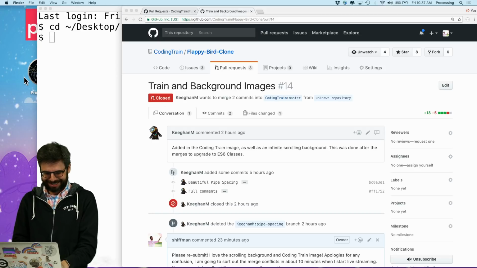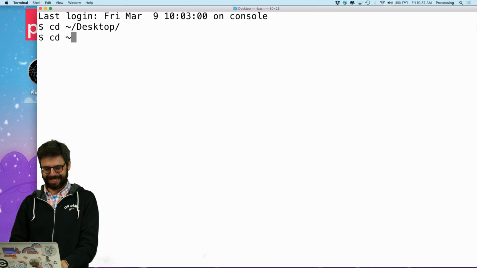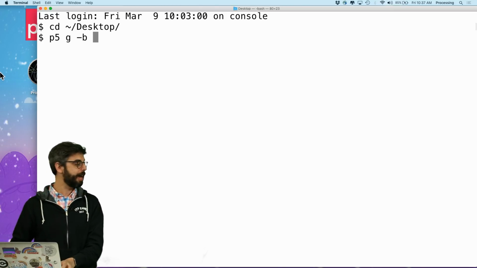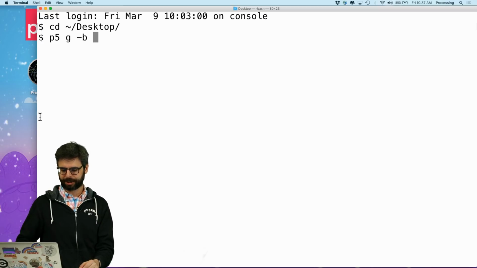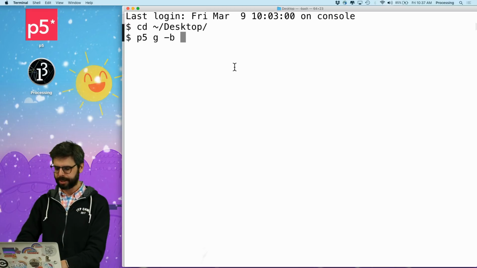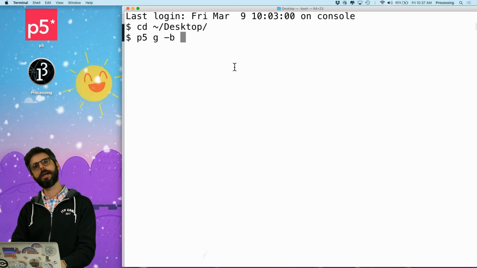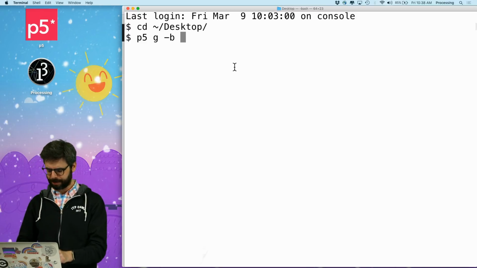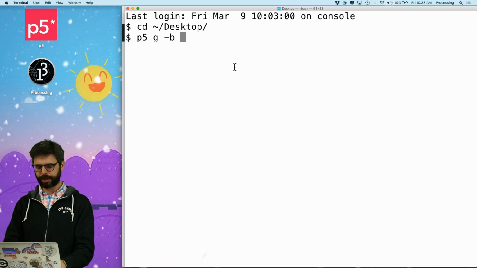Now, let's create a new project. So I'm using this P5 generator node package, which allows me to just generate a P5 sketch really quickly. I'm going to call it... Oh, I wonder if maybe I just actually want to do... No, this is good. I'm going to do it with the P5 sketch. We're going to call this